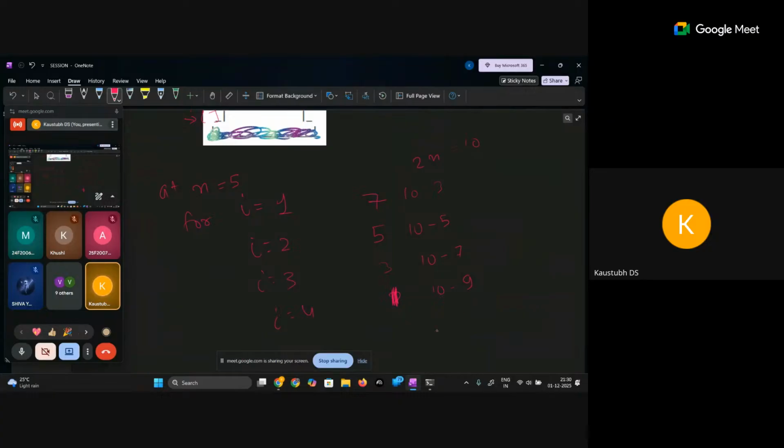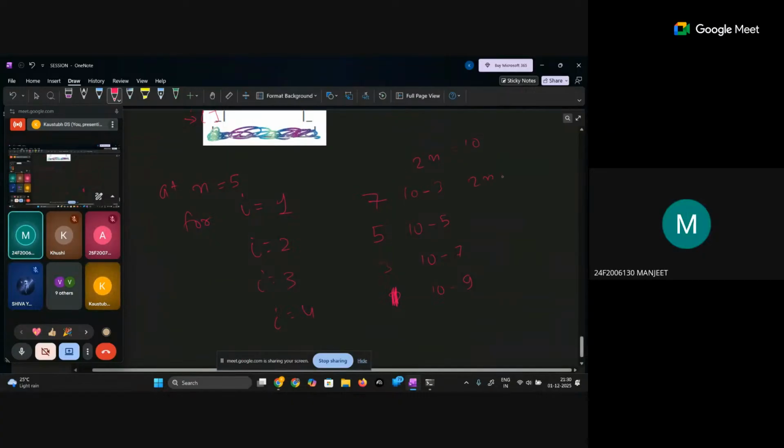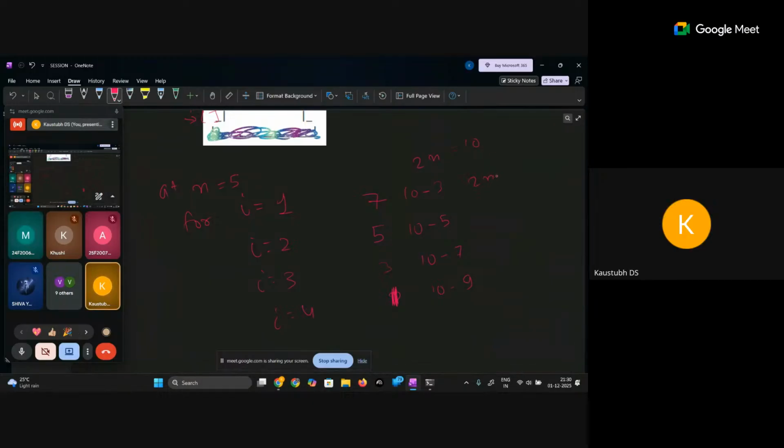Okay. I see something. This is always 2n. So we have minus 2 and 2n plus 9, according to me. Let's see. So 2n is always there, right? 2n here, 2n here, 2n here. This is 2n minus